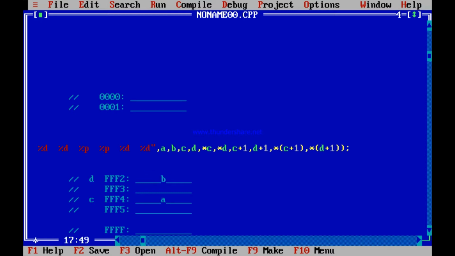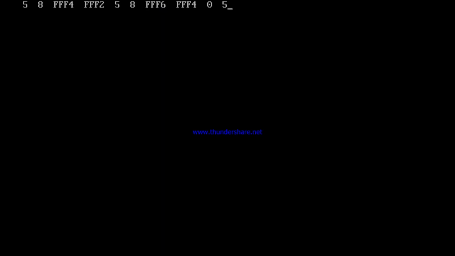D is FFF2, D plus 1 is FFF4. Content of FFF4 is A, which is 5. By chance it will again print the content of A. So Alt, enter. See, 5, 8, that is A and B. Address of A FFF4, address of B FFF2, and again the content of those addresses, 5 and 8.